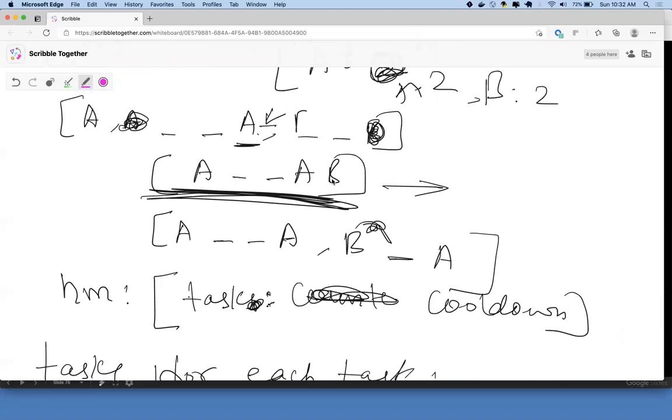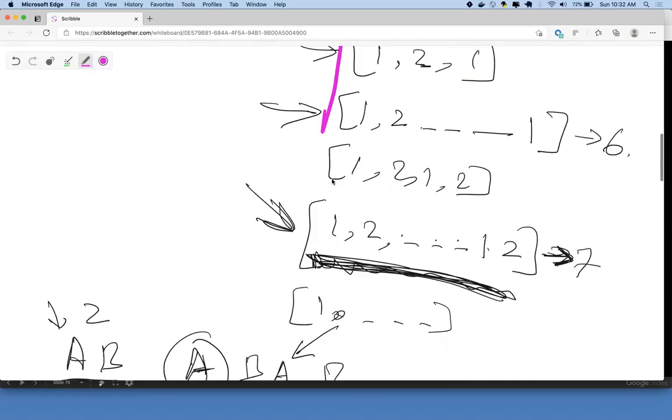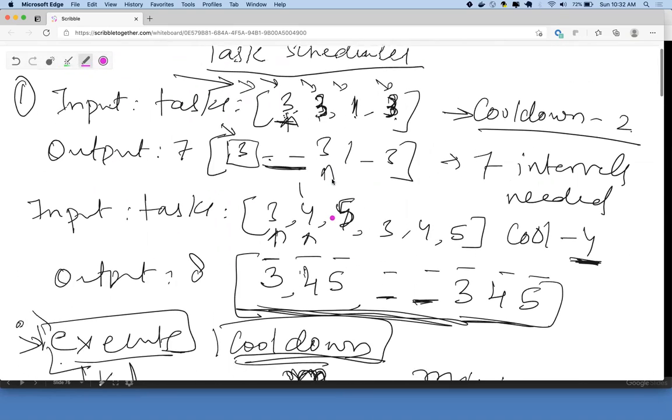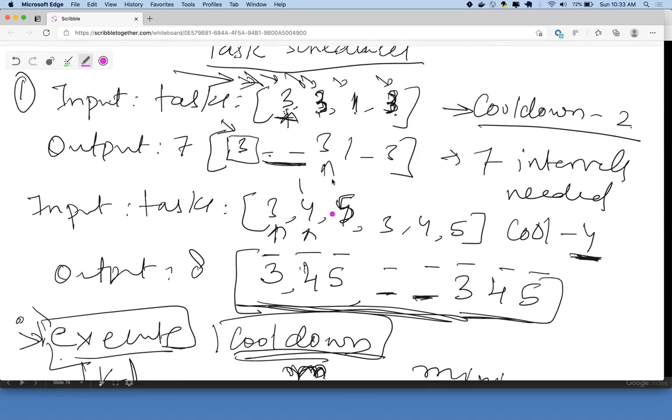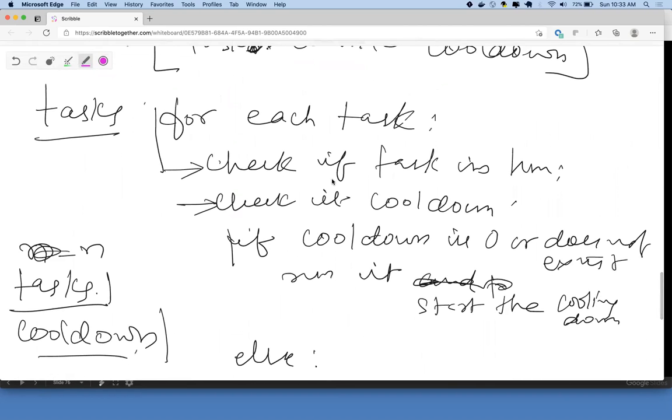You first go to 3, then the other one, then the other. That is what I'm saying, so this is O of task.